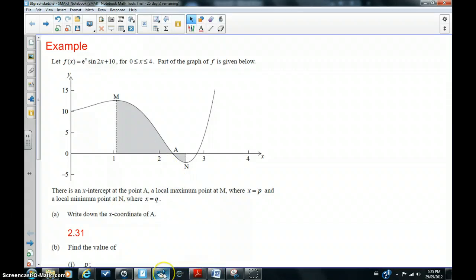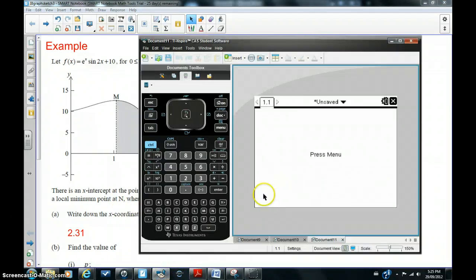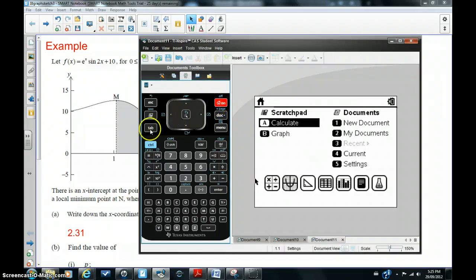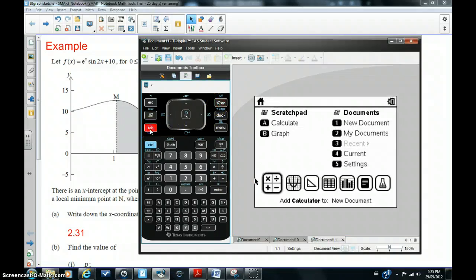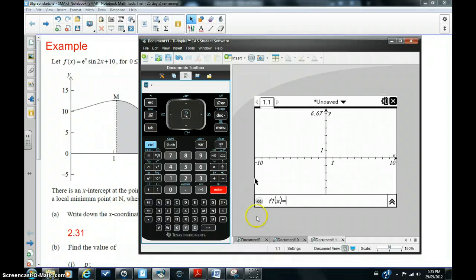So I'm going to go into calculator mode, and I'm going to hit home and tab down to the graph, hit enter, and I'm going to enter the function that we're given. So that's e to the power of x. It's important that you hit the right arrow here and then multiply by sine 2x. Now if you type it in, make sure the 2x is in brackets, plus 10,